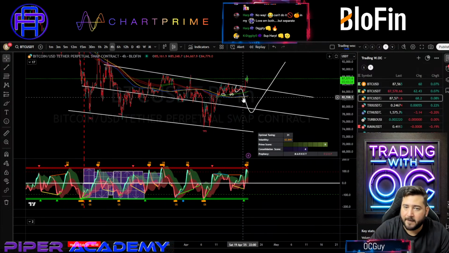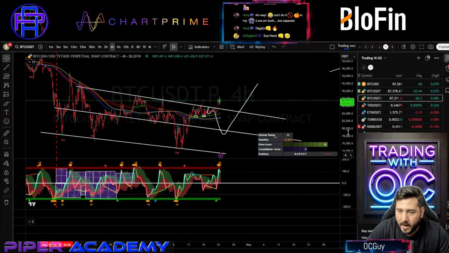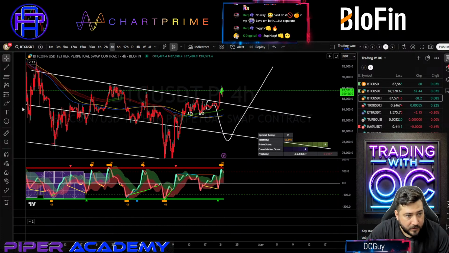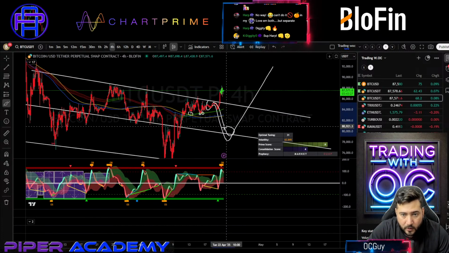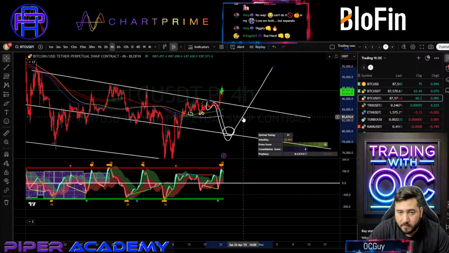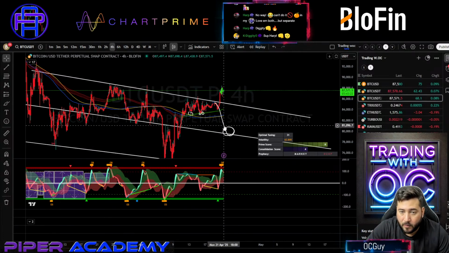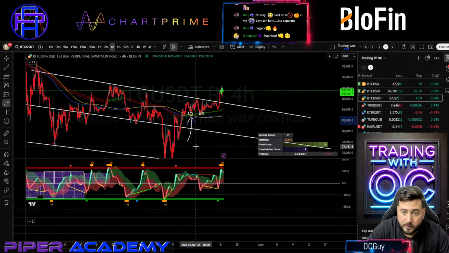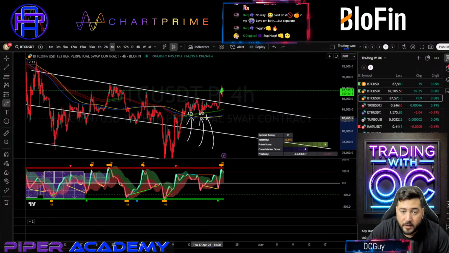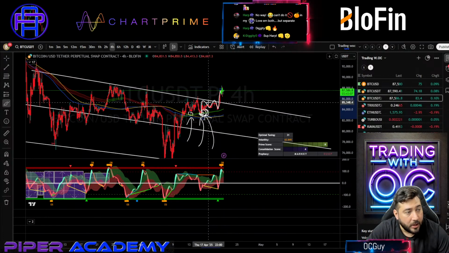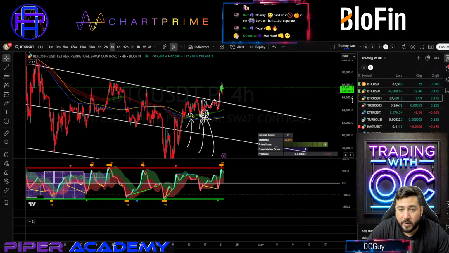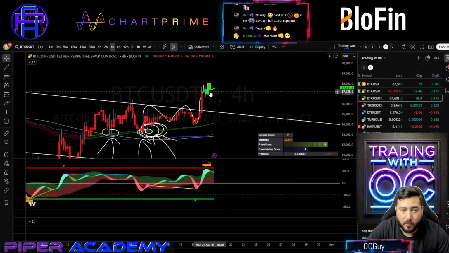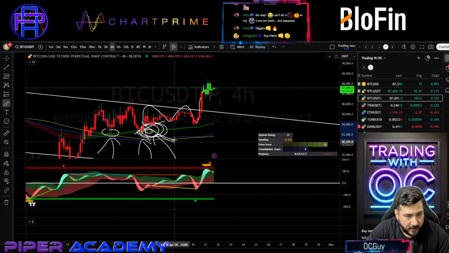Guess what we have right now? Yes, I know, I was speculating for a possible last sweep of the lows to the median and then breakout. But what is happening right now? We have the actual breakout. Also remember that we have circled the areas where we enter and exit. This was my last entry, right? And what happened after that last entry? We popped out of that range, and at this point I'm already out of this trade.